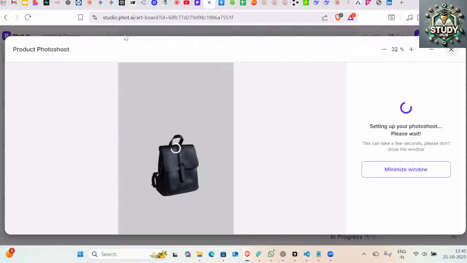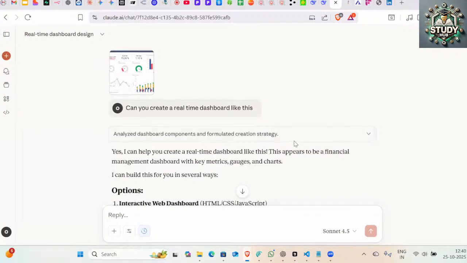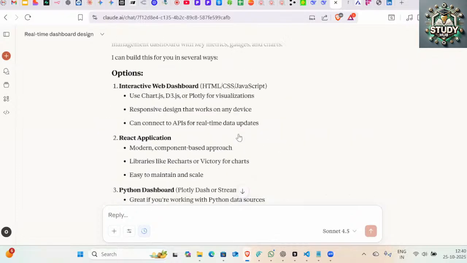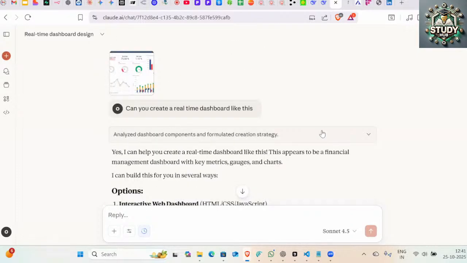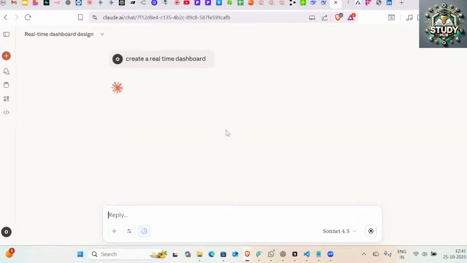And till the time it is running, I think I can show you our dashboard if it is ready. We just instructed it to make a dashboard. Create a real time dashboard. I don't want any explanation.